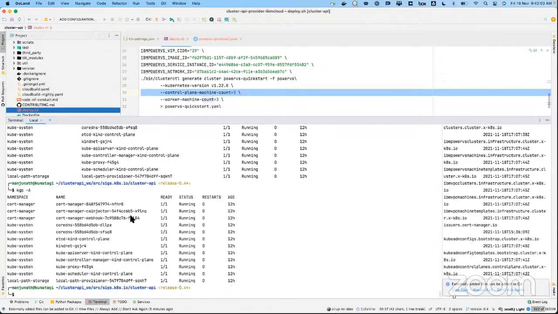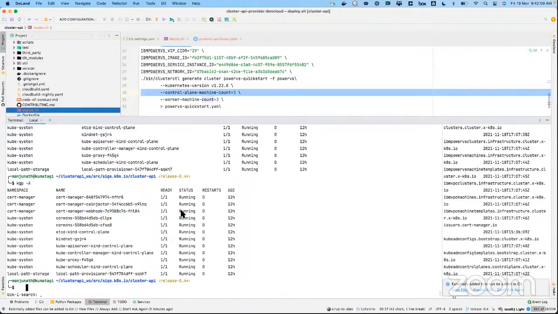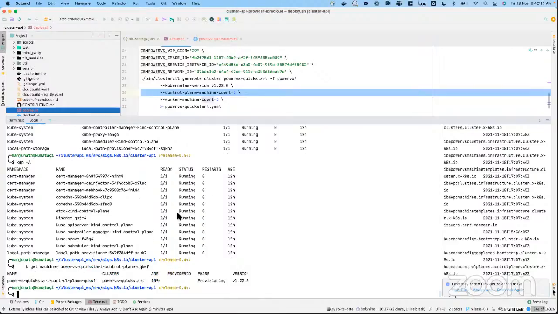So this is as good as just running this command, clusterctl delete all, which will delete everything. I think it will also delete the machines now.